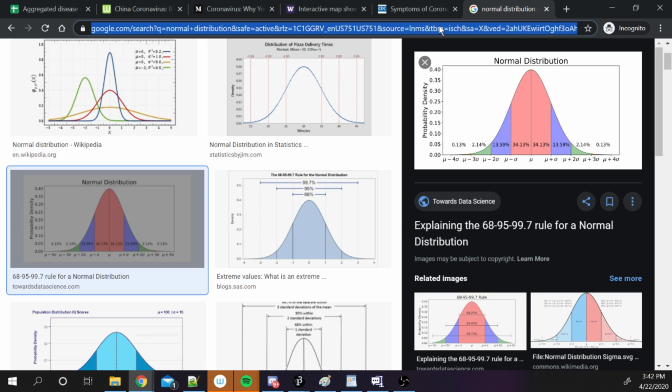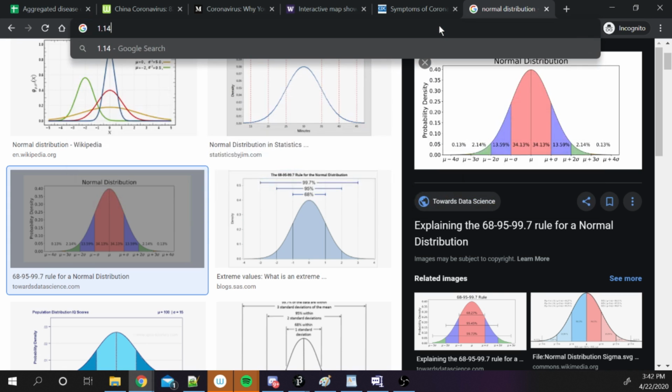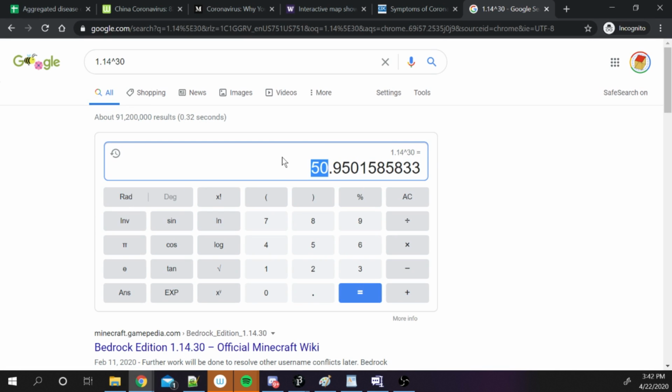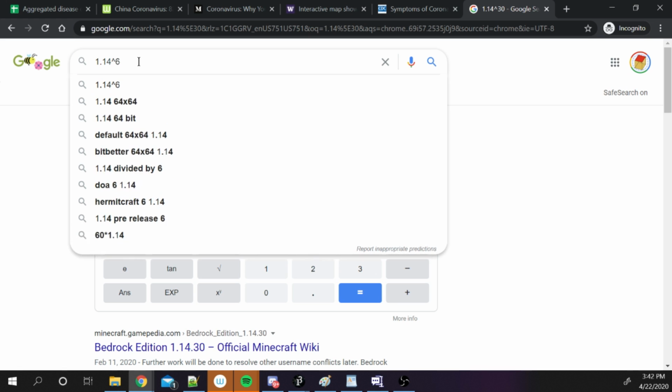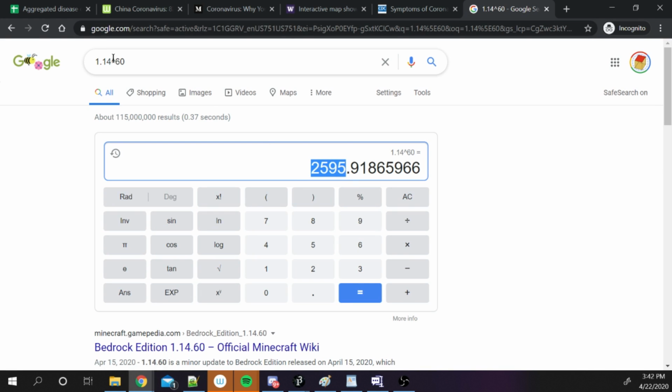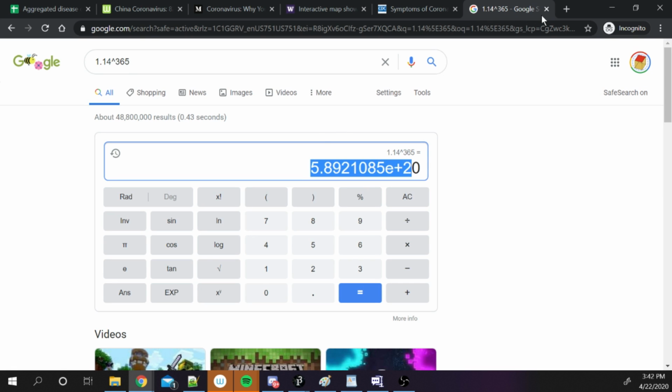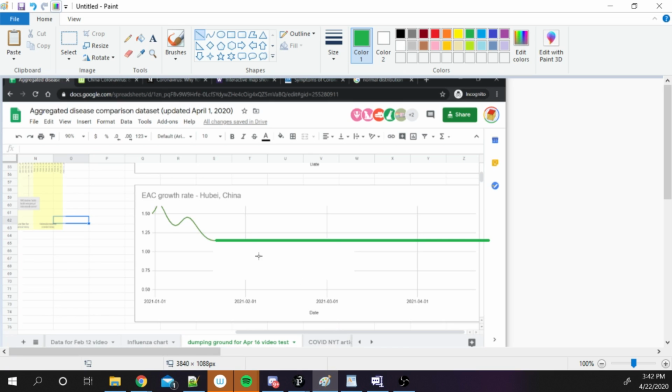That would mean after every day there are 14% more cases than the day before, and I'm sure you can already see where this is going. After a month we'll have 50 times more cases per day. After 2 months we'll have 2,000 times more cases per day. And after a year, I mean, it's just ridiculous, like trillions and trillions more cases per day. Of course, exponential growth does not continue forever, but the general idea here is that if we don't get this green line to go below 1, we're in a lot of trouble. Now, if the green line hits 1 and stays at 1, that's actually not great either, because all that means is that we have the same number of infected people every single day.